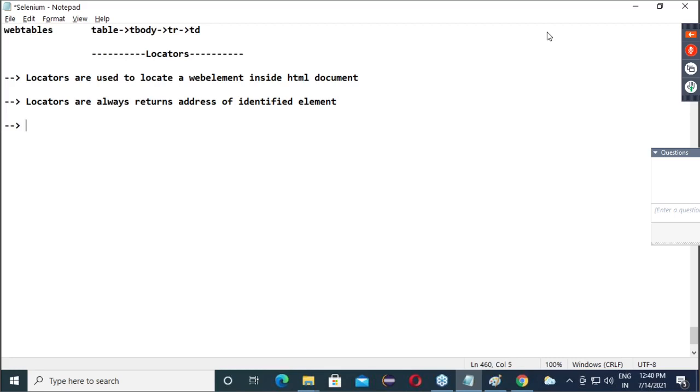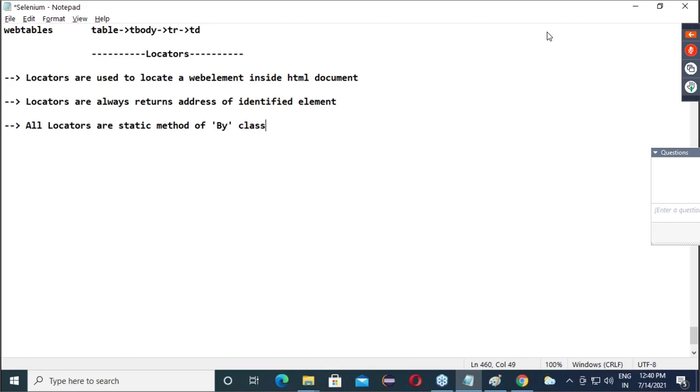Now, this is all theoretical level. Next point is at practical level. All the locators are static methods of the By class. What I am saying, all the locators are what? Static methods of which class?